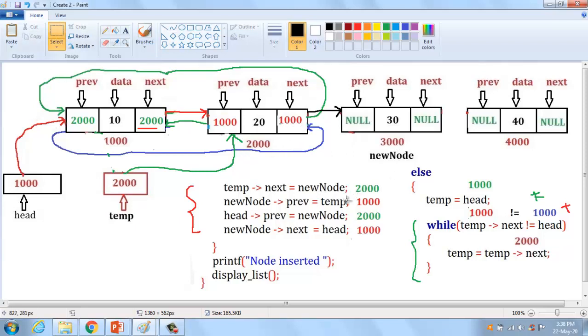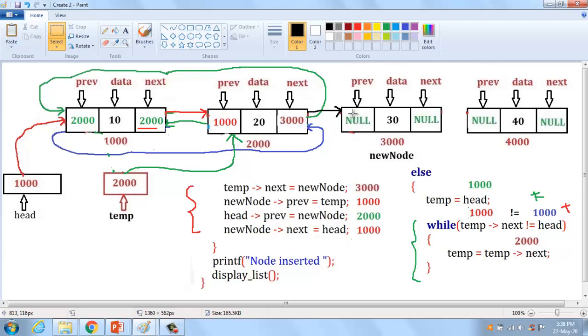What is temp of next? This is automatically changed into 3000. Understand? Temp of next equal to 3000. If it changes, a link is created.